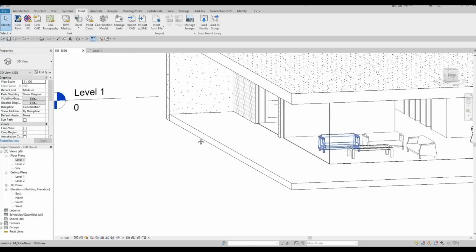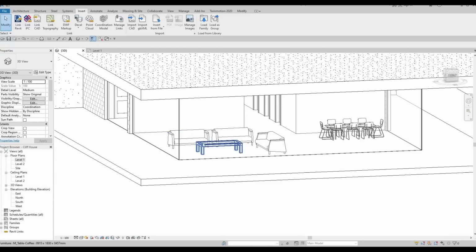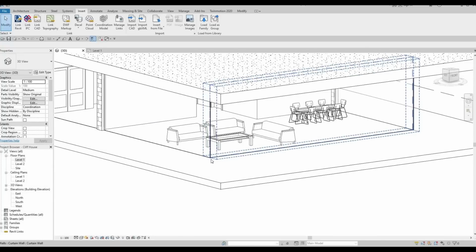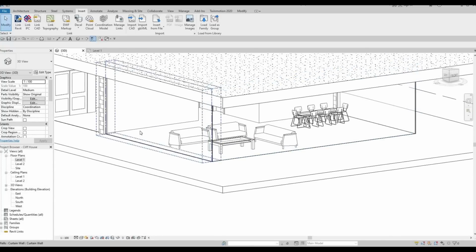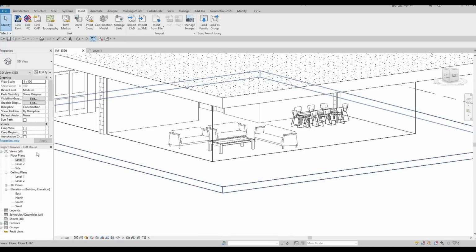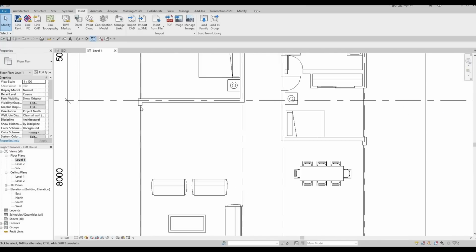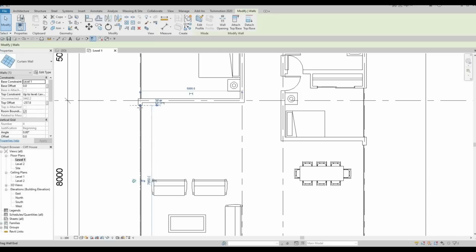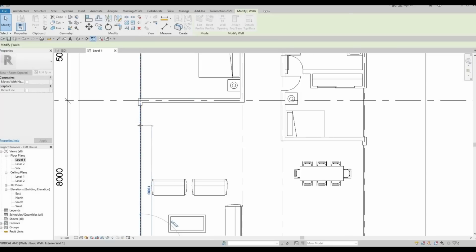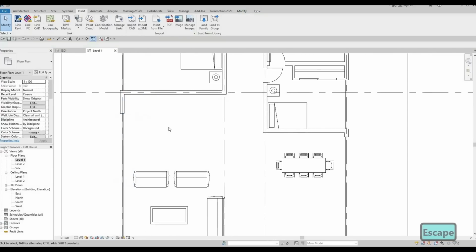So now we're gonna continue working on this, and what I'm gonna do is create a kitchen with an island in the middle. So first let's go to level 1. And what I'm gonna do here is pull this back like that, and